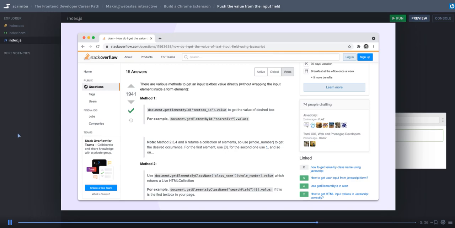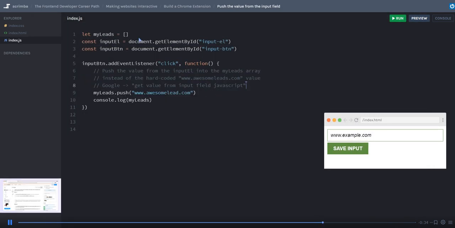Oh, that's pretty handy. So how do we go about doing that? Well, we already have the document.getElementById, and we have stored that in the inputEl variable. So perhaps we simply can do inputEl.value then. Let's now refresh this and do